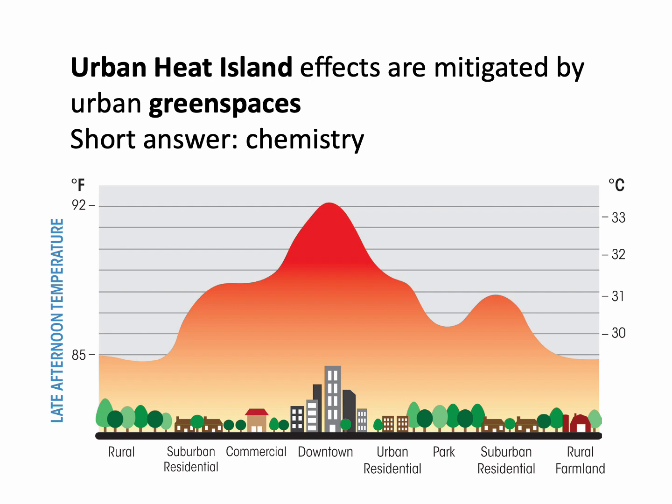Well, the short answer is chemistry, and specifically the chemistry of water. Parks, with their plants and their trees, are undergoing photosynthesis. And photosynthesis, if you recall, you're taking carbon dioxide out of the atmosphere, mixing it with a little bit of water, and you are creating sugar and oxygen as a byproduct. But you're also generating water, right? And that water ends up getting released in terms of evapotranspiration.